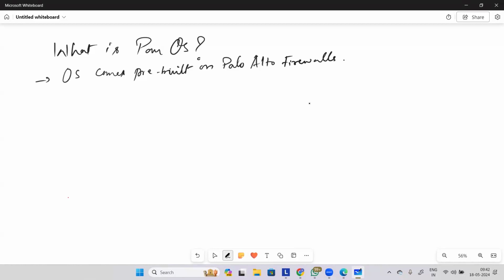It will always be pre-installed on whatever devices you purchase from PaloAlto Networks. I mean, firewalls, right? Everything that you see today, let it be Prisma Access, let it be the firewalls, everything,